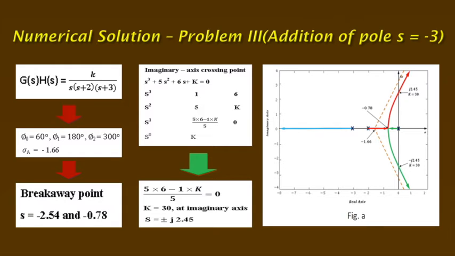It is seen that the root locus has shifted to the right hand side of the S-plane. That means stability of the system gets restricted. If k equal to 30, then the system is marginally stable. If k is less than 30, then the system is stable. Otherwise, greater than 30, the system is always unstable. That means addition of poles degrades the relative stability and drives the system unstable.